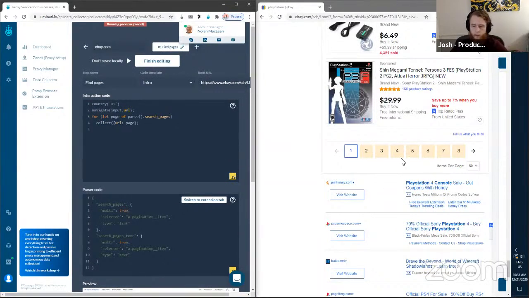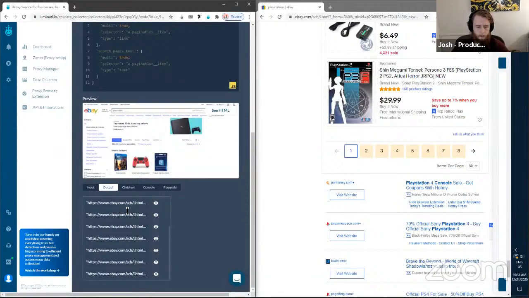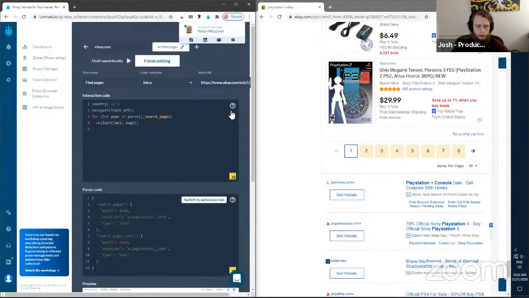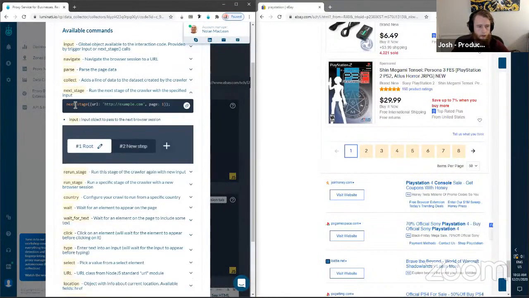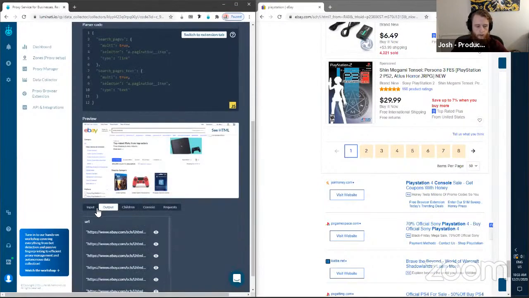But we don't actually want to collect the URLs for the search page because this is not the data we're interested in our data set. Instead, what we want to do is tell our crawler system to go crawl these pages also. So we have another command for this. If you look in the help, it's called next stage. Basically, you can say run another crawler and use this as the input instead. So instead of collect, I can say next stage URL page. And if I run this,